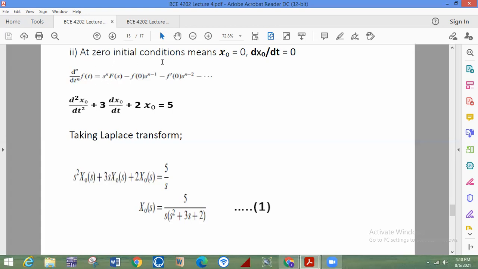If we apply the whole of this into this term, we shall see that it will be s to the power 2, which is s squared, and which is here. Then, of course, the Laplace transform of our function x naught, which becomes x naught of s, x naught in uppercase. Then plus